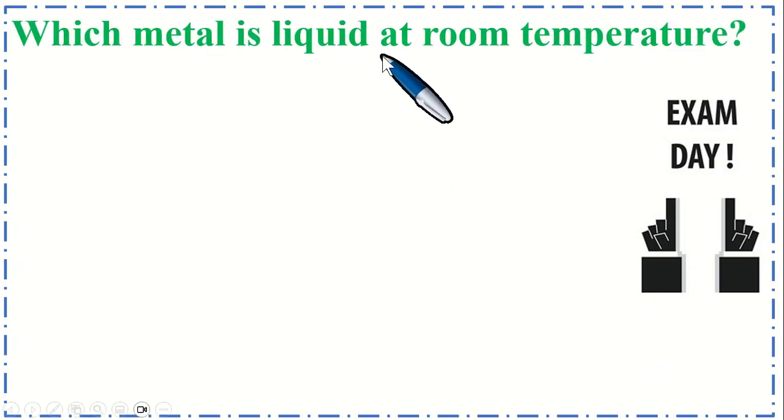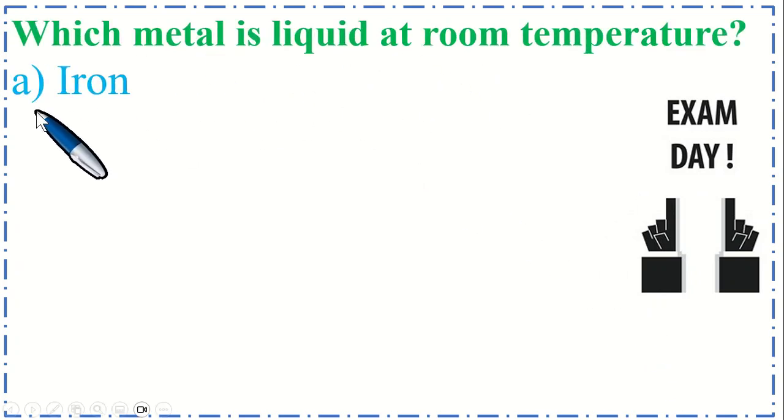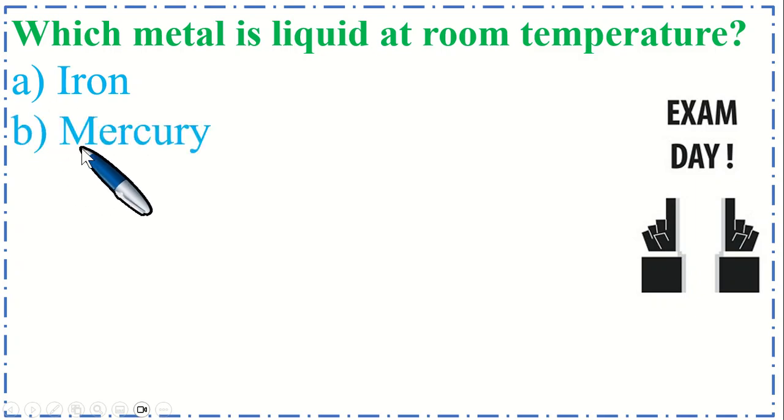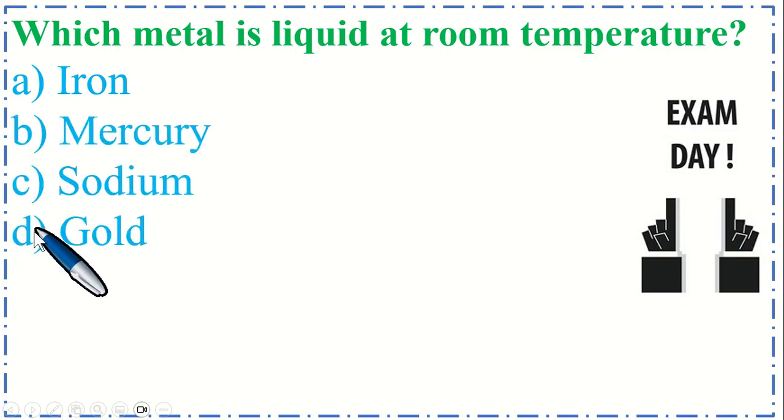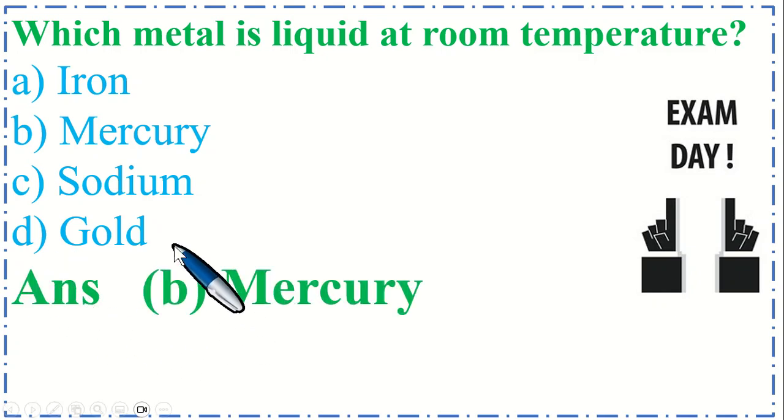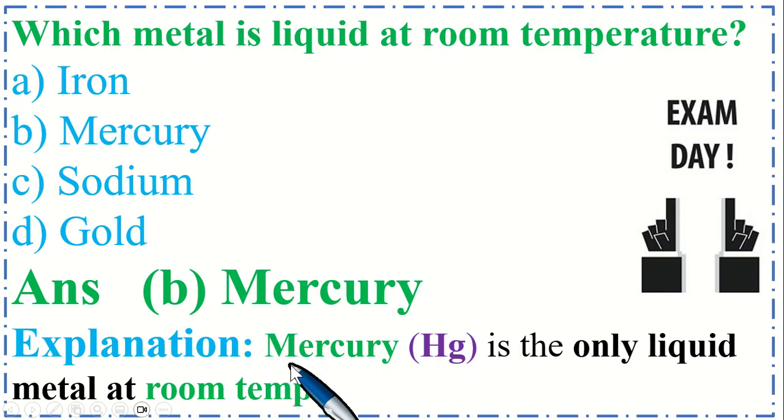Which metal is liquid at room temperature? Option A, iron. B, mercury. C, sodium. And option D, gold. So the correct option is B, mercury. The mercury is Hg, the only liquid